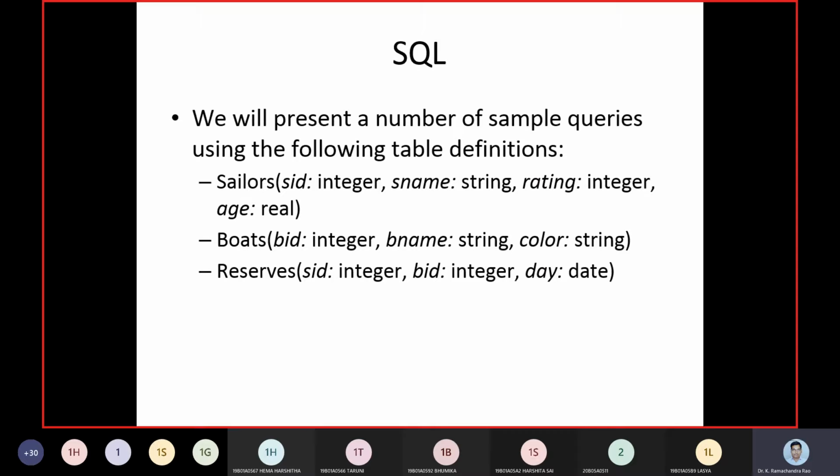Before we dig deep into SQL, we are going to use it with three database tables. One we call Sailors, two we call Boats, three we call Reserves. In Sailors, we have sailor ID, sailor name, and sailor rating, followed by age. In Boats, we have boat ID, boat name, and the color of a boat. In Reserves, which sailor